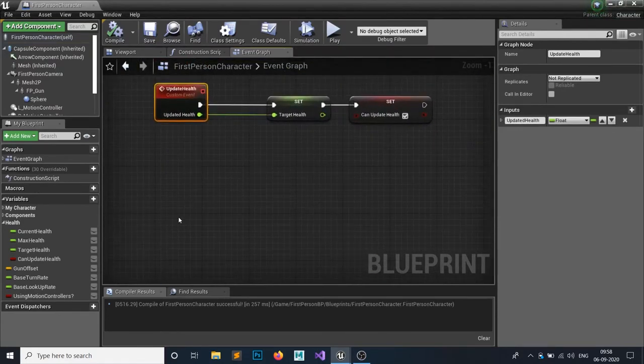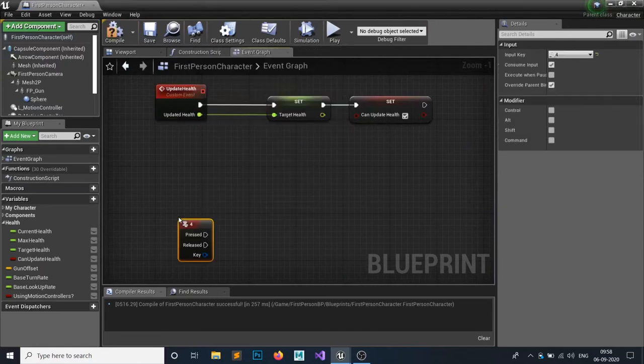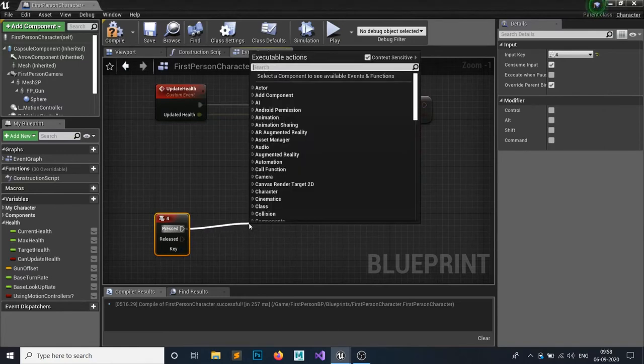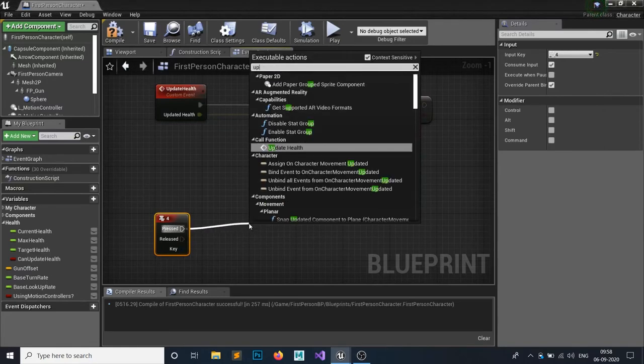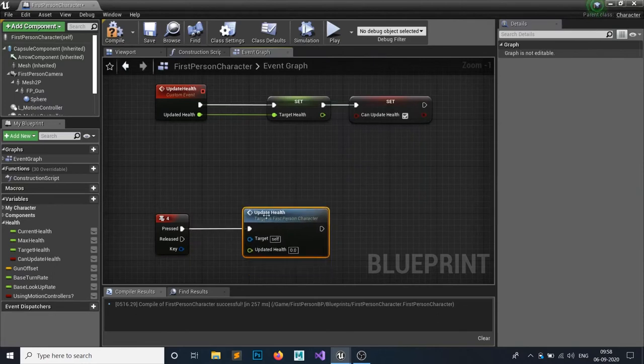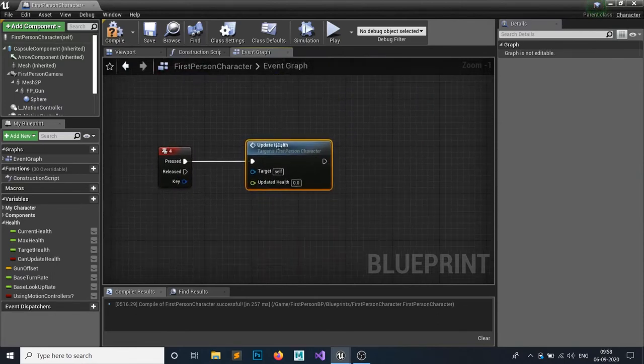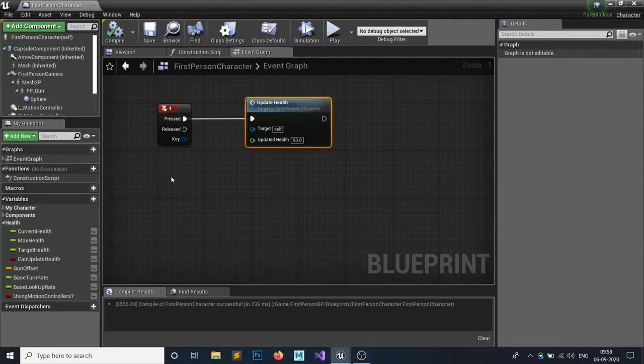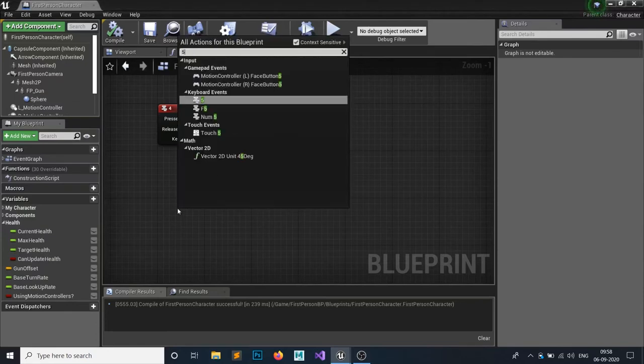After that, let's say if we hit 4, then our health should be updated. So just drag a node from here and call your custom event, call Update Health. And what would your update health be? Let's say if we hit our 4 node, then our update health should be, let's say, 50. So it will be half, and when we hit our 5 node, so like this,